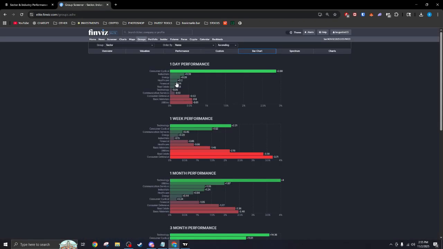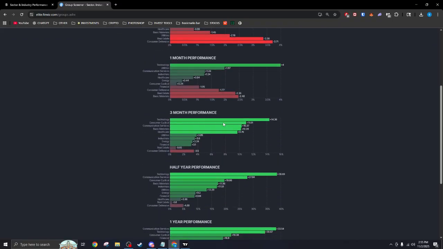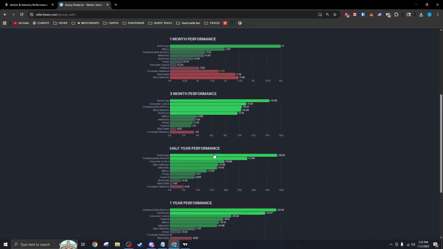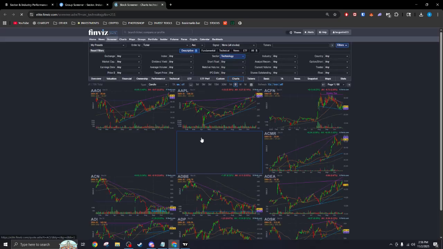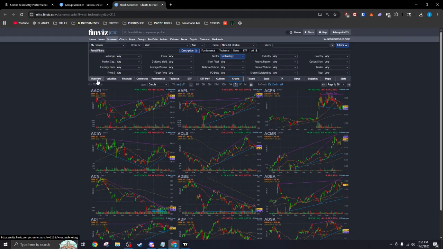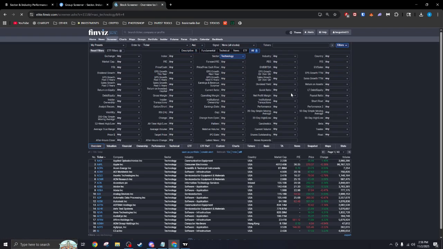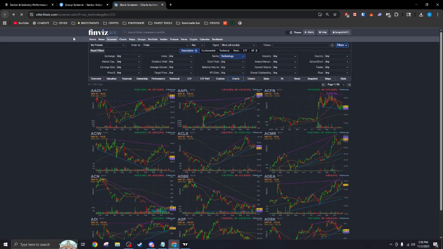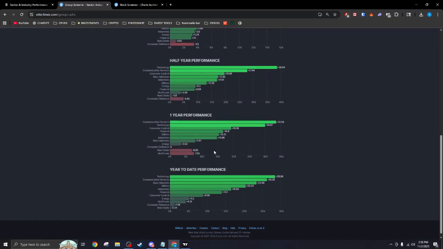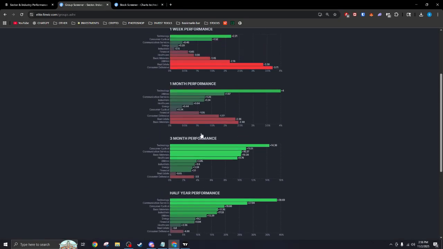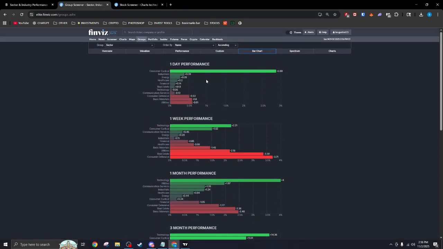This website's even better, Finviz. So this is the performance by year to date, 3 month, week, day. The reason why this website's a little bit better is it gives a little bit more insight. So for example, if we go to 1 month performance on technology, you click that, you see what's trending and stuff like that, and then you could kind of filter it from there. But the reason why this website is a little bit better is because you see what's trending for the year, the month, stuff like that. But also,